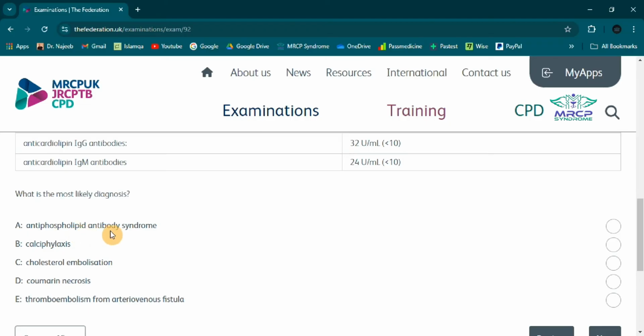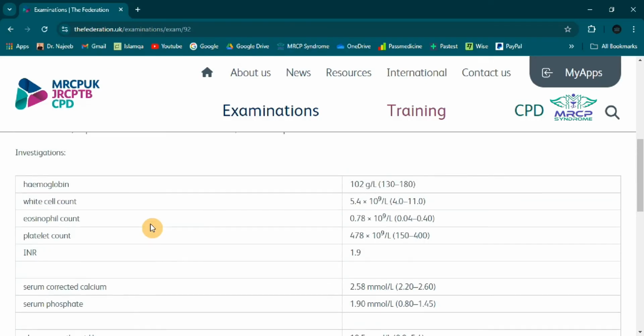Regarding antiphospholipid antibody syndrome, they may have elevated anticardiolipin antibodies, which is one of the criteria for antiphospholipid antibody syndrome, and they may also have livedo reticularis. But the skin ulceration described here typically results from thrombotic events. These ulcers are usually secondary to small vessel thrombosis. And the presence of eosinophilia, an elevated eosinophil count, is also not found in a patient with antiphospholipid antibody syndrome,